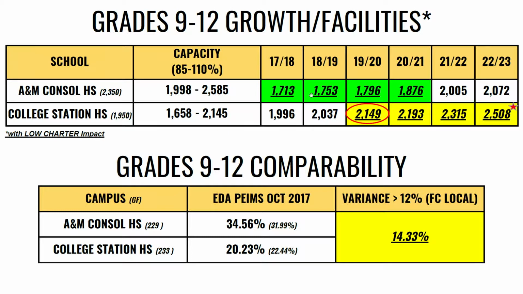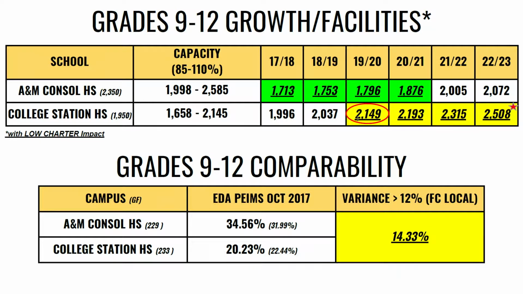And then we took Templeton's projected enrollments with our current boundaries and used those numbers in the out years. The green signified where we were under the 85% capacity mark articulated in FC Local. The yellow shows where we exceeded the 110% number. So as you can see, Consol tracked below the 85% capacity mark until 21-22. And at College Station High School, you can see the capacity numbers as per FC Local and see that they reached that 110% mark in